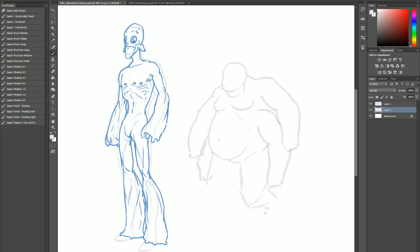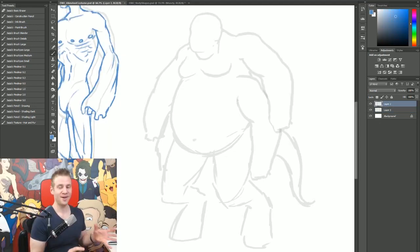And I'm going to have some of these legs that sort of go out and back like this, sort of like centaur hooves. Now, just for fun, we'll give him a tail, and I'm going to stretch out the stomach area of this character and really make him nice and large. So now that I've got his weird body structure in a place that I'm pretty happy with,